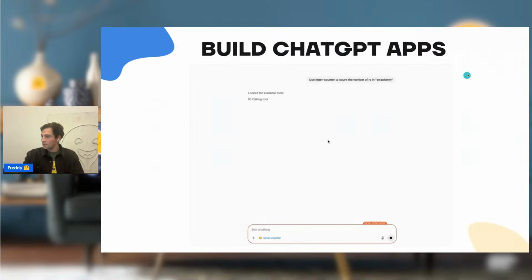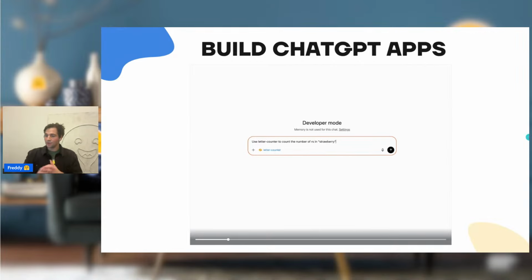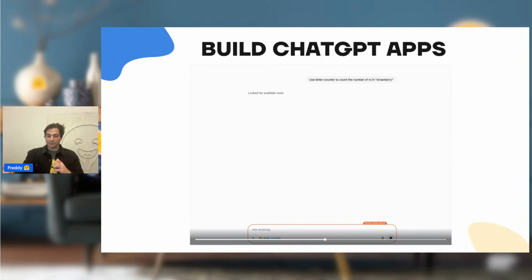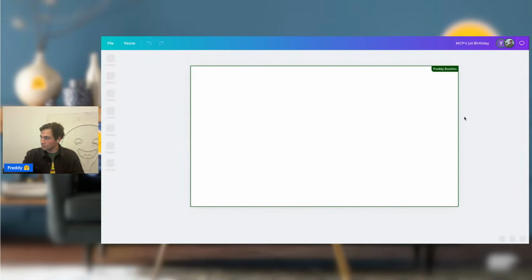One of the cool things that we're releasing in Gradio 6 is the ability to serve ChatGPT apps directly through Gradio. So here we have the same example of the strawberry letter counter. Let me just play that video again for you. If you add it to ChatGPT, you'll be able to get an app automatically. You'll see here that it's able to correctly count the R's in the word strawberry, and it gives you a cool UI, like a cool image to show them. So we're super excited for you guys to start building with